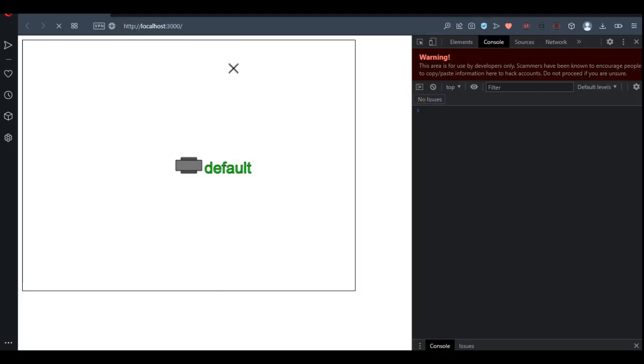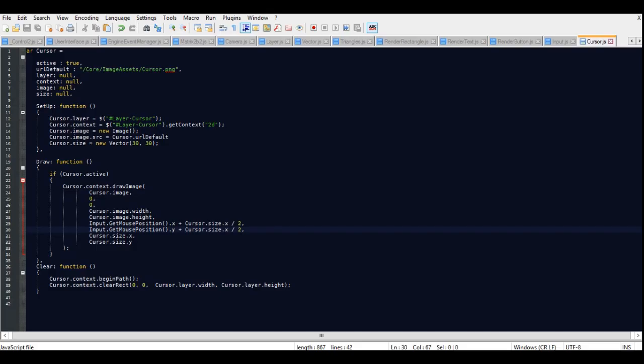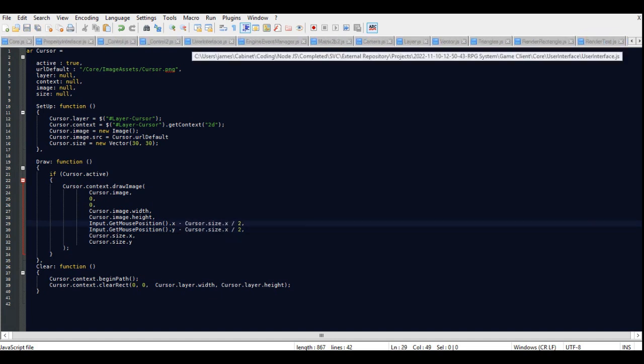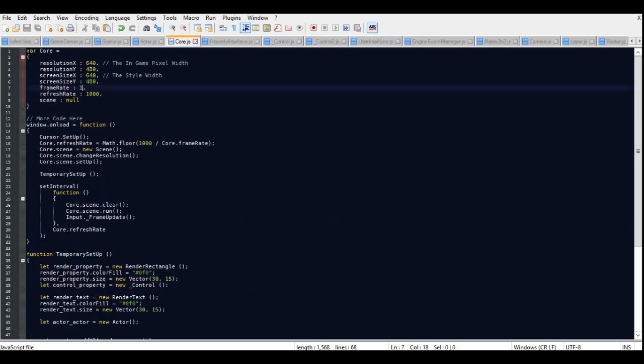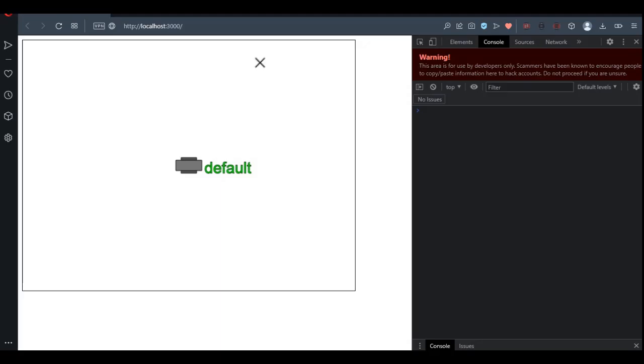And now they should always center on, minus a half. And I'm just going to quickly turn it to 15. It's going to be slightly jarry, but